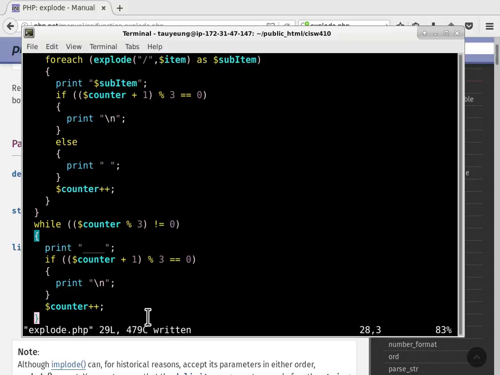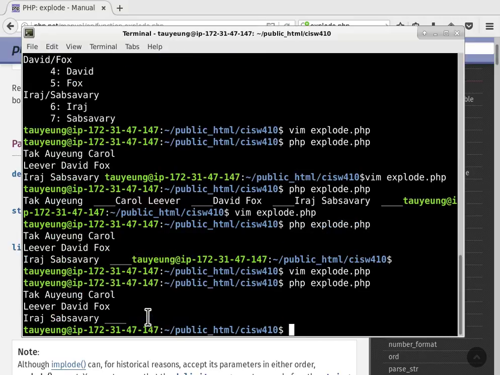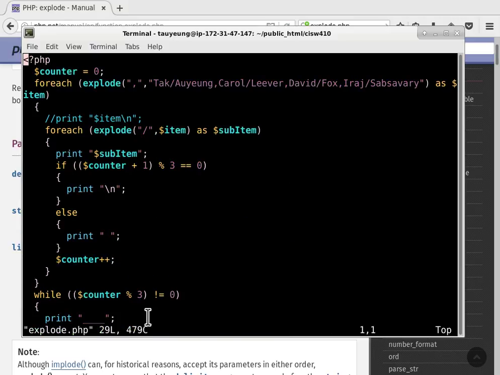Okay, so save the file, test it one more time. Aha, okay, so this time it looks pretty good because we have exactly 3 items on each line, and then the last line, even though we only had 2 items from Iraj's name, the logic correctly uses the underscores to fill in the 3rd item on the last line or on the last row. Cool. So it seems like we are done with this, but we are not, because anytime you use copy and